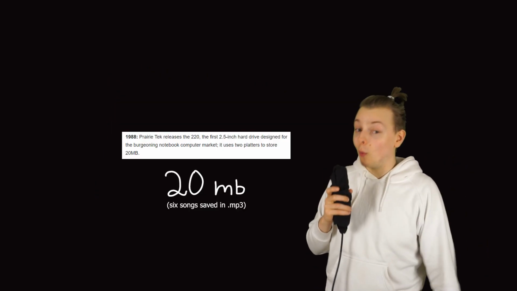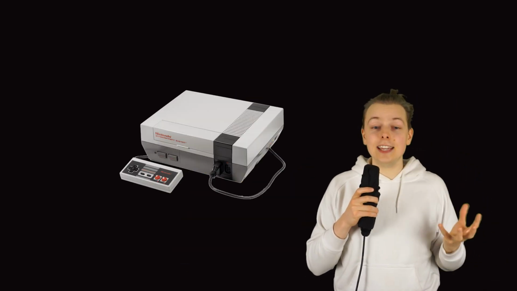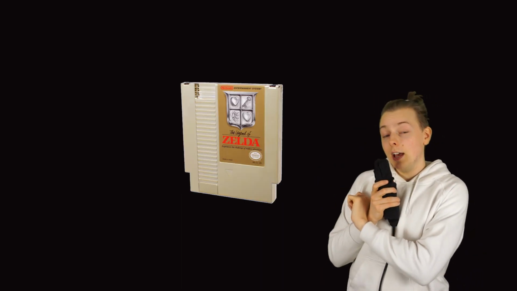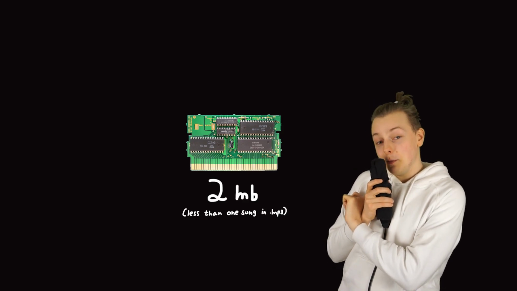You see, also coming out in 1986 for the mainstream people such as you and me was the original Legend of Zelda game for the Nintendo Entertainment System. And the NES cartridge that Legend of Zelda was built for could hold about 2 megabytes of data. And most floppy disks at the time could hold about 1.6 megabytes of data. And this is not enough.